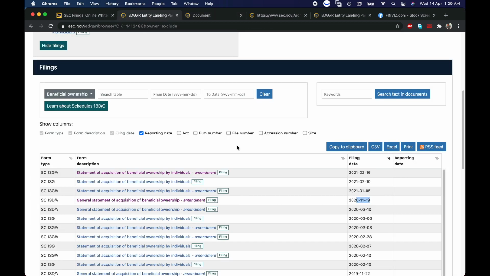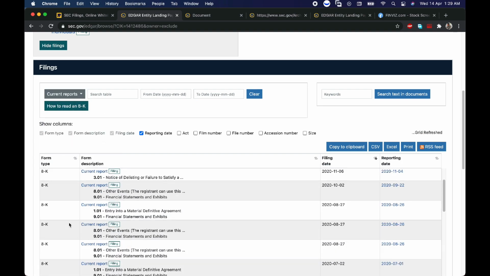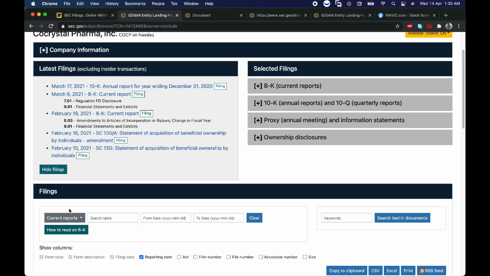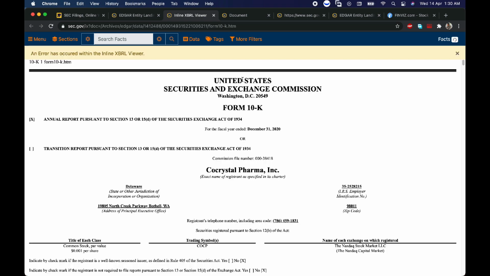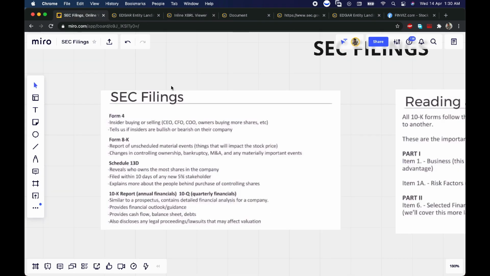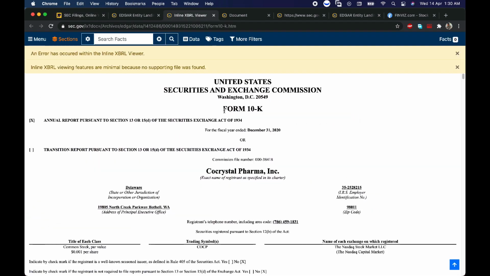Finally, the 10K, and the most important thing, which I would show you in a while, current reports. If you go in the current reports, that's 8K. Let's go to the 10K annual reports, March 17, 2021. So on March 17, 2021, they updated their annual report for the last year. So let's open this and let's see how to read this. As I mentioned, according to this, you can see that we have to read two things: item 1, item 1A and item 6. So let me show you how to read these.